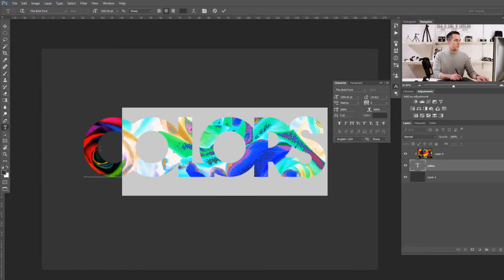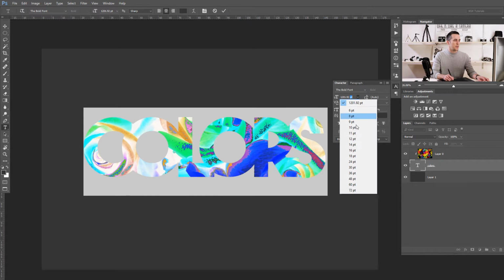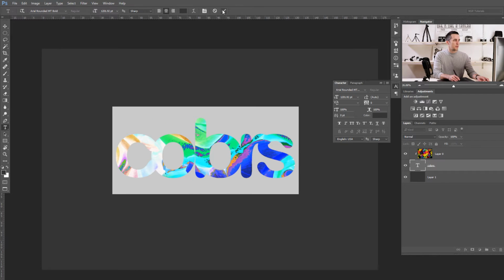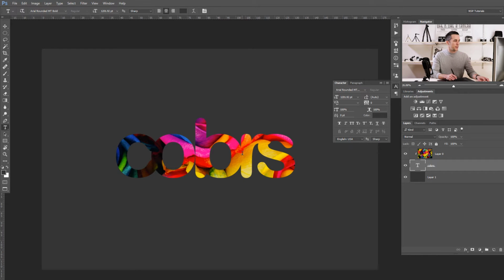You can even change the font if you want. You can change the size. Let's change the font, for example. Let's use this font and it's really nice. You can maybe, let's go here and like so, make it